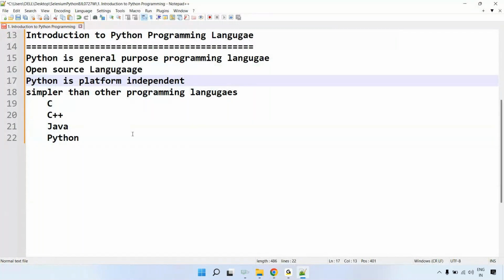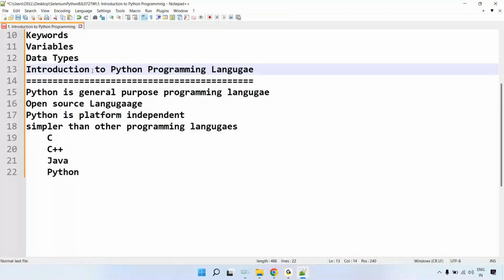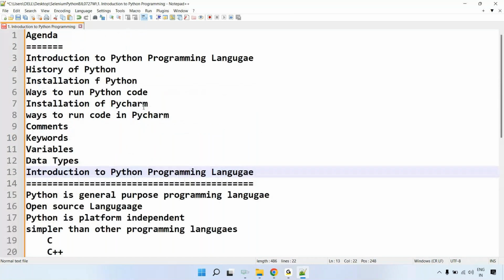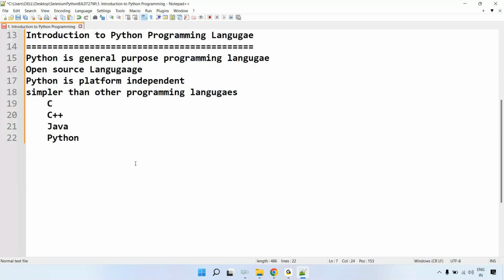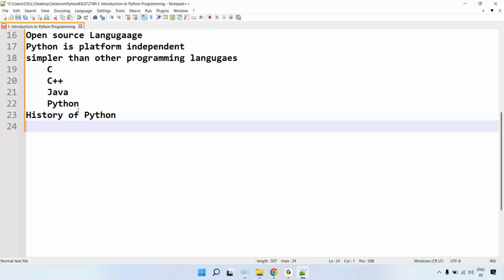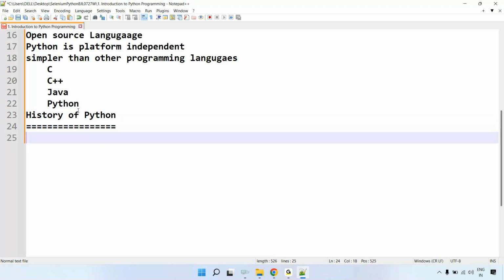This is the introduction, which I have given you at a very high level. There are a lot of things which you will be learning going ahead. Once you know some basic introduction to Python, you definitely need to know the history of where Python has emerged from. If we talk about history, generally